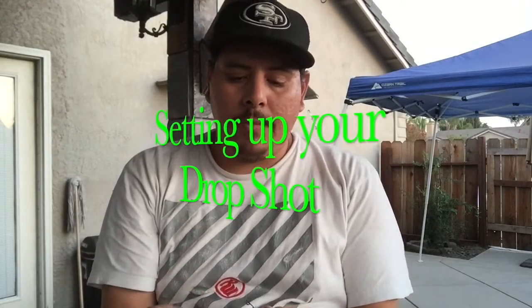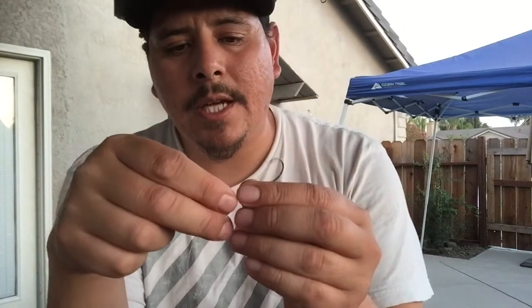So I'm going to show you how I set up my drop shot rig. So pretty much you get the hook, and what you want to do in order to get a perfect rig so that you actually hook on the fish really good is you want to face the hook up towards the line. So when you put the line in through the loop, you're gonna go through the top and inside like this. Okay, you're gonna bring it down and then go all the way up to where you want it to get tied at. And then the way, I don't know what this knot is called, but the way I tie them is I then hold the hook like this, and I wrap this loose string around a couple times,